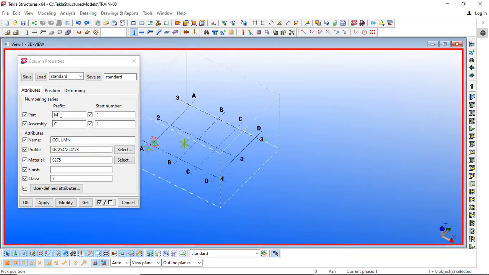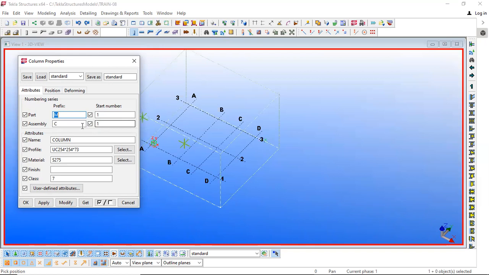So here you can see there are many settings right now in attribute. So this is a very important part whenever you are placing any members. This thing you have to keep in mind. Attributes. The first part is attributes. In attributes, we have the numbering tab. We should call it a numbering tab. Okay, the first attribute tab is there. In that, the numbering option is there, and these are the attributes. This is the numbering part.